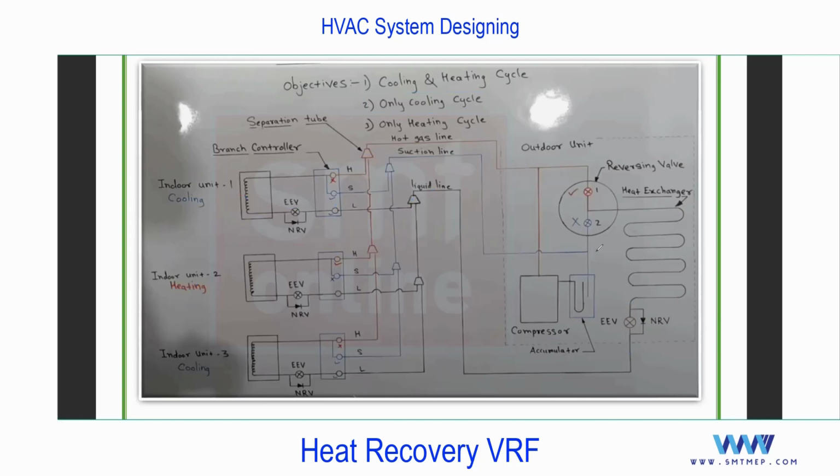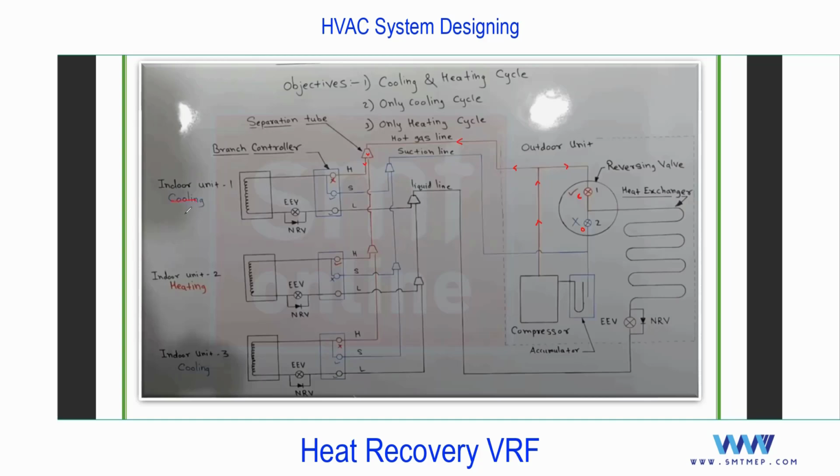Heating mode also you can understand easily. In heating mode, you see the direction of refrigerant. It will go in this direction as well as in this direction. But this valve is going to be closed, and this is going to be in open position. So this valve is closed, which means the refrigerant will not pass through this valve. It will stop here. So refrigerant will flow in the left direction. After compression, you see through this suppression tube, nothing but rough net, it will enter